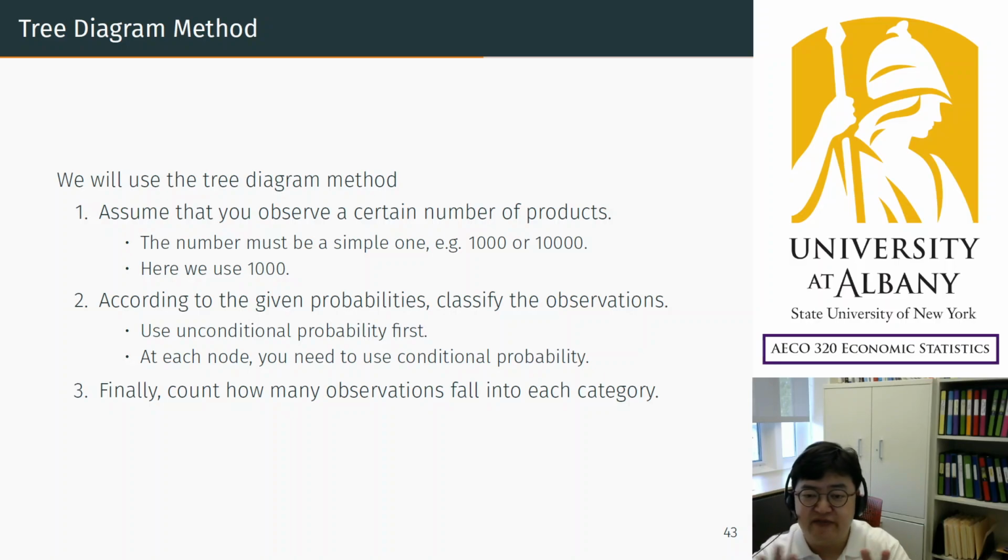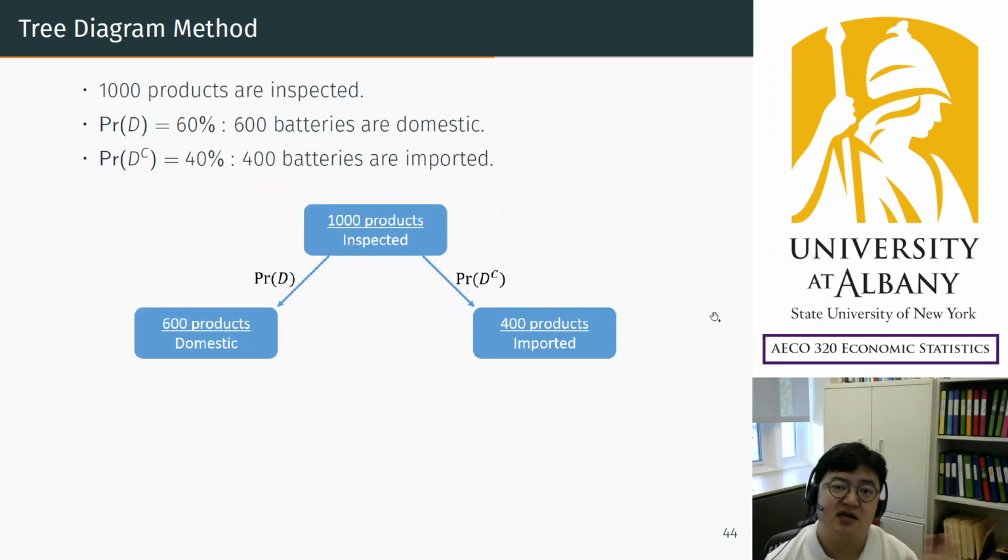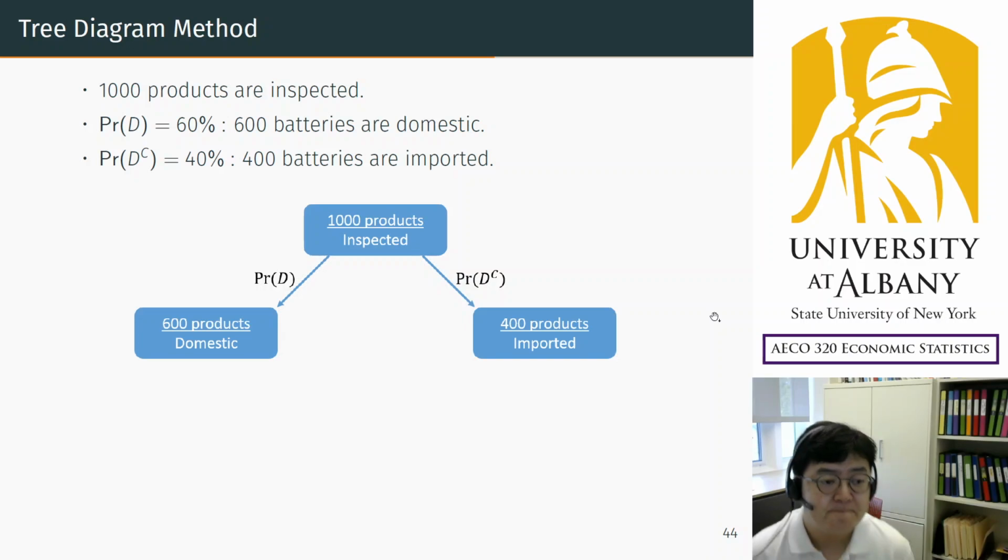And when you classify them, divide them into different types, we are going to use the given information. Of course, we do this in our imagination. It's like a mind experiment, but it's very interesting. Let's see. We start from 1,000 batteries. As I said, it doesn't need to be 1,000. You may choose a million, a billion, or 100, or say, 365 batteries. Any number is okay, but of course we want to simplify the algebra, so that's why I chose